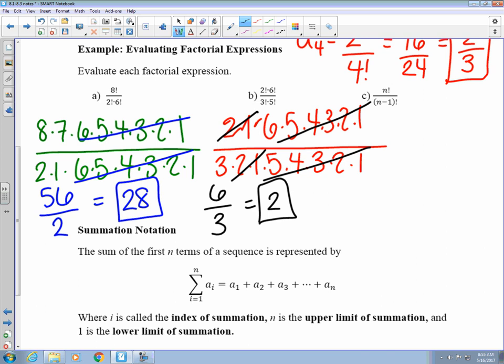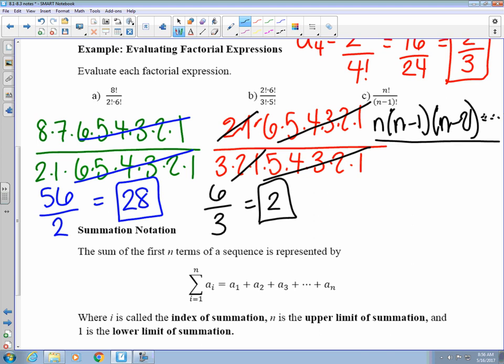So I wrote out all of that, even though I could probably do some of it in my head, because letter C is not giving me numbers, it's giving me variables. So I have to understand what a factorial is to simplify that. N factorial, starting at n, I multiply by every number prior to that, all the way down to 1. So I subtract 1 from n to get my next term. It's n minus 1. And then I subtract 1 again to get the next term, n minus 2. And that's going to keep going